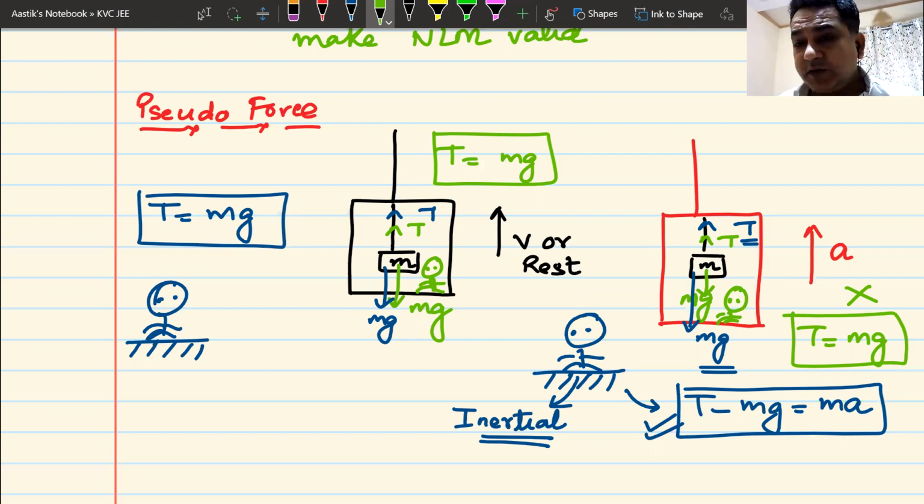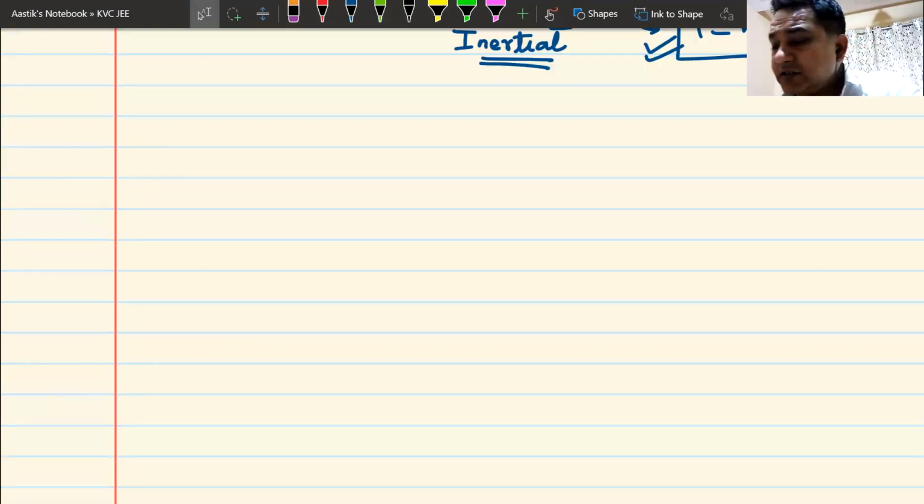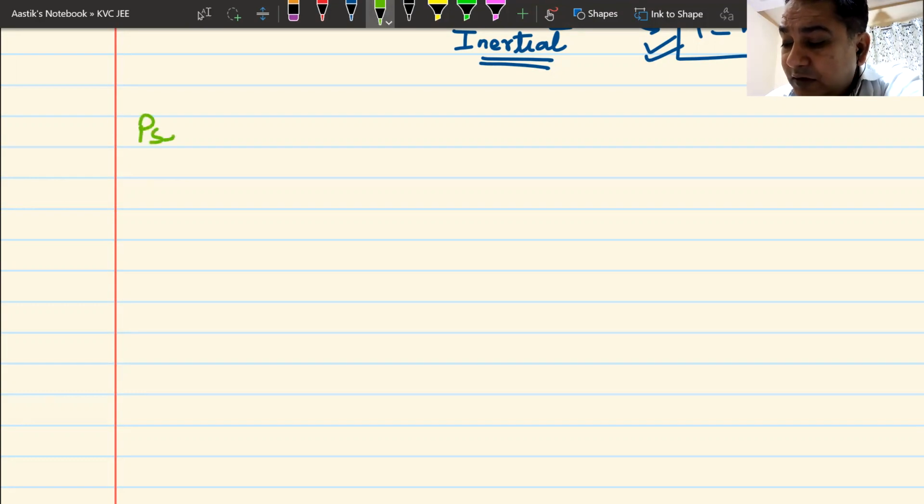So now, do we understand why there is a need for pseudo forces? Can I have some raised hands? Only one student has understood this. If you are making equations of a body from a non-inertial frame, Newton's laws are not valid. To make them valid, we have to apply imaginary forces. Those forces are known as pseudo forces.